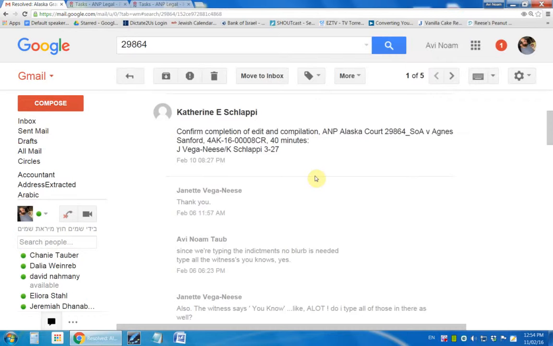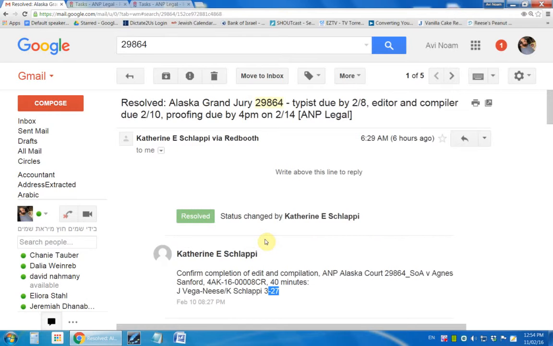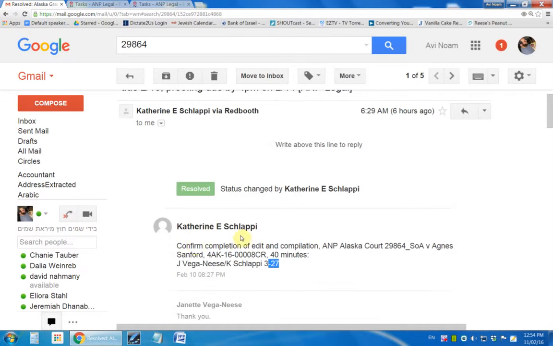And for example, she's put the page numbers for the typist and editor that they're to be invoiced for. But if there's a change to this on the proofing, like if this really becomes, I don't know, 229 because a couple of pages were added for whatever reason, I would then have to send a separate email, in this case only to Catherine and Janet. But if there would be like 30 people on a task, I would have to either create a new task or send an email to 30 people, which really